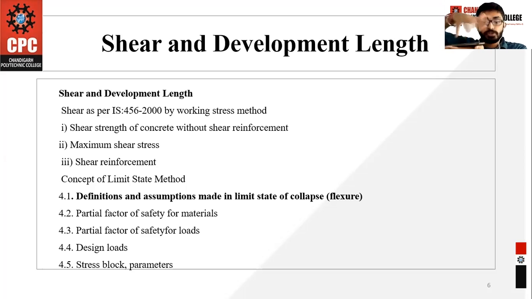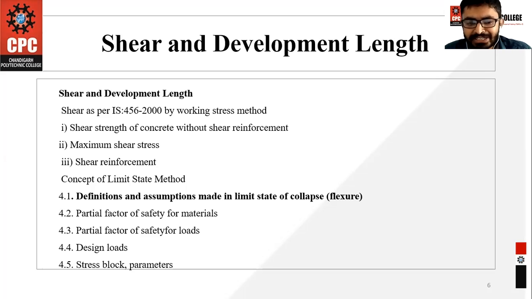Suppose that this is a beam. You have to design this structure as per 200 kilonewton, so you have to multiply 200 with 1.5. That will increase the value of 200, and increasing the value will give more strength to this particular structure. When we design this beam for 200 kilonewton, we first multiply it by 1.5. That will increase the strength and durability of the structure, whether it's a beam, a column, or a slab.